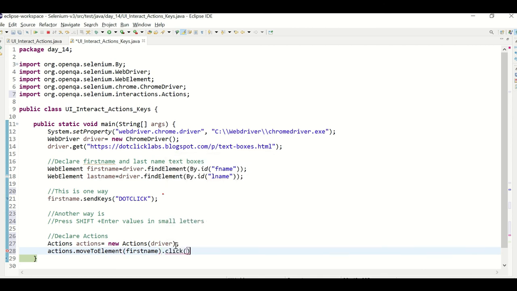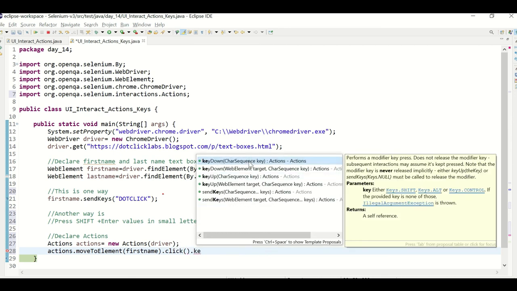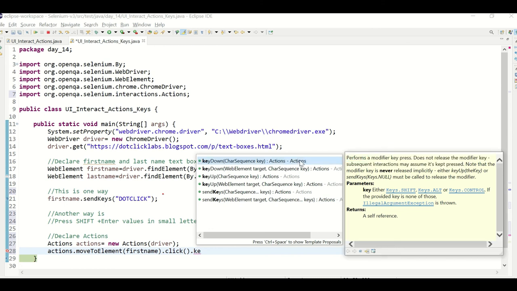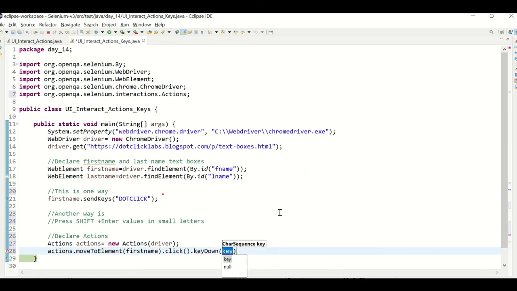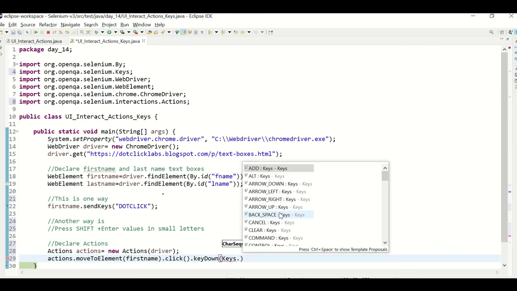It would be good so that the WebDriver focus shifts to that element and clicks it. The current mouse pointer will move to that place. And keyDown performs a modifier key press. It does not release the modifier key. Subsequent interactions may assume it's kept pressed. So remember this: you need to release the key once you are done with this task. So Keys.SHIFT.